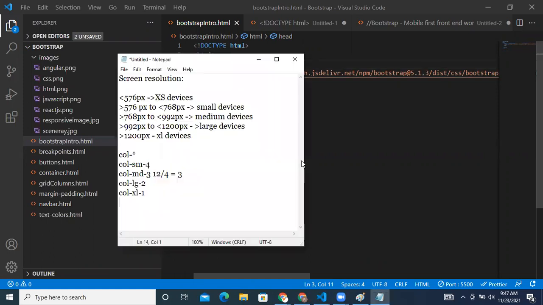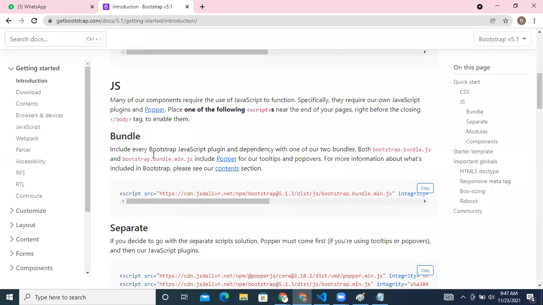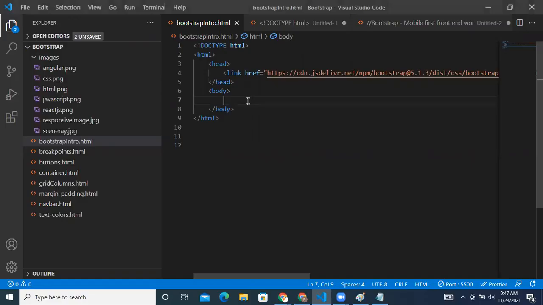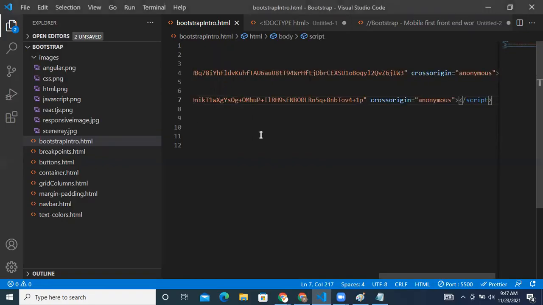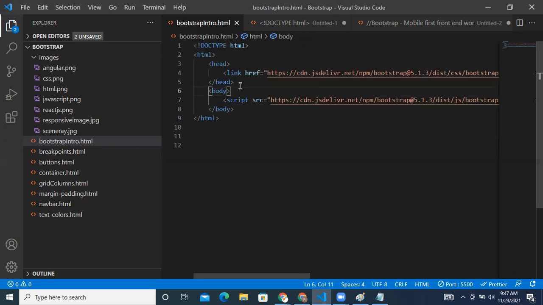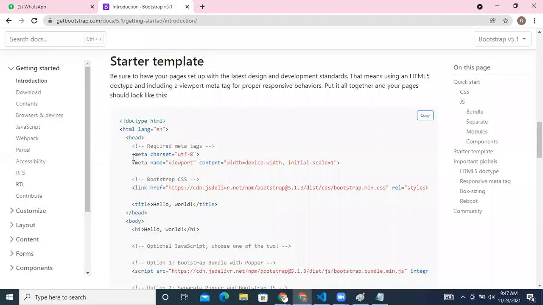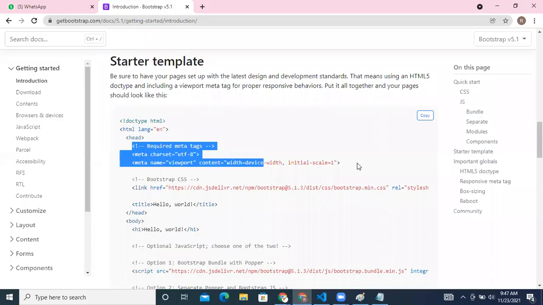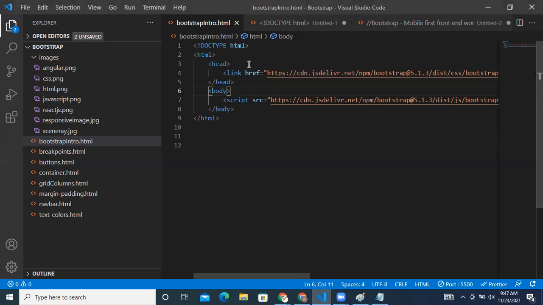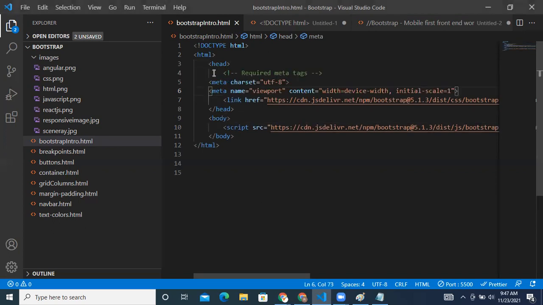In this HTML, the Bootstrap, same way you need to copy the JavaScript. There is a JavaScript bundle also, which is included inside this script tag. Okay, you need to copy and place it again here inside the body. Okay, so these two are mandatory for your Bootstrap to work. Okay, and along with this, if you just go to some code, there is a meta tag, required meta tags. See, these things you need to add in your head tag. So these are the meta tags that you need.